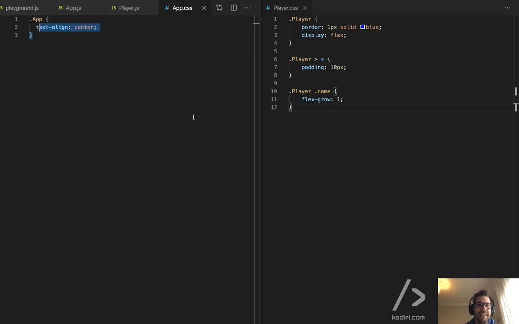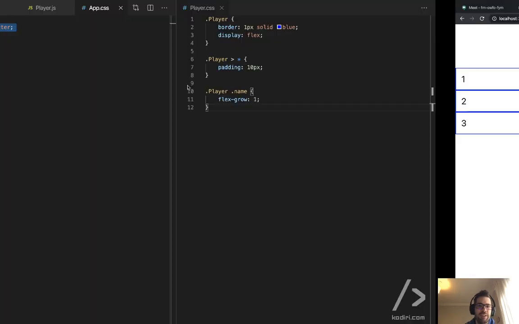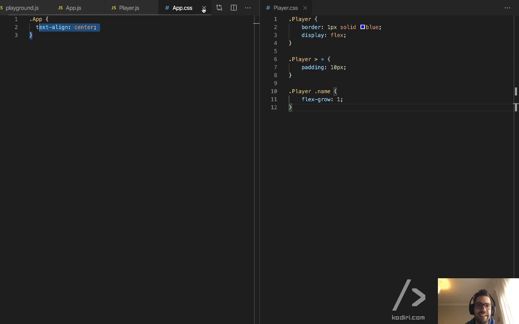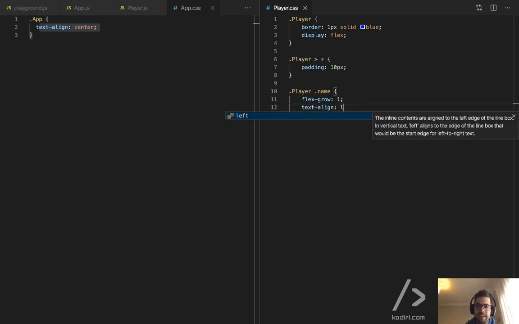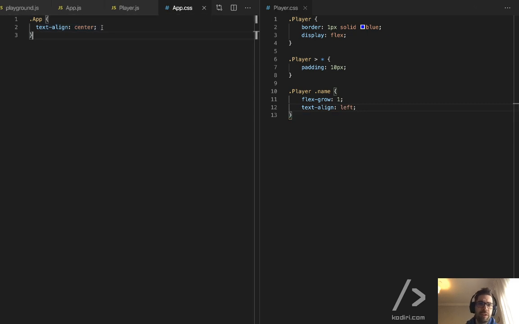You know, by default, everything is aligned to the center, but we can easily change that by changing the alignment. Text align left. So now, guys, we got a conflict. Because you have two properties, text align, with different values, center and left, and these two properties apply to the